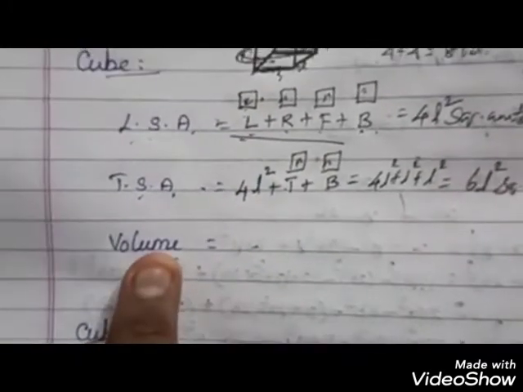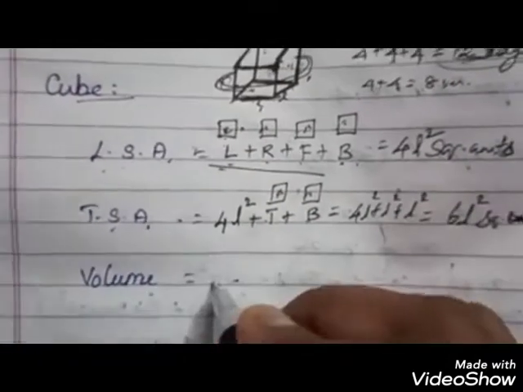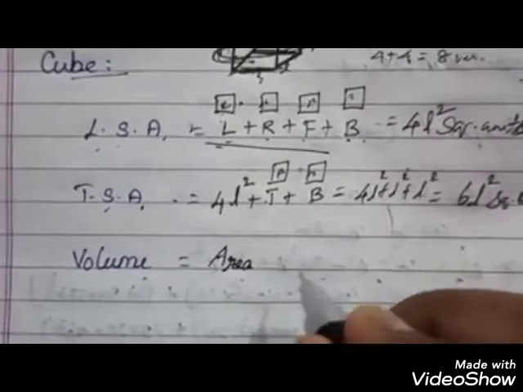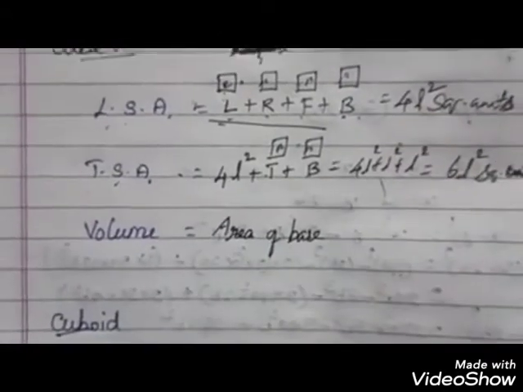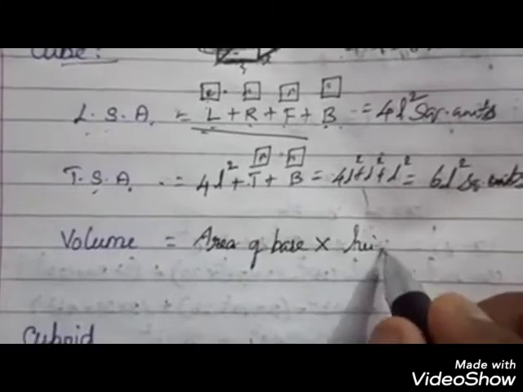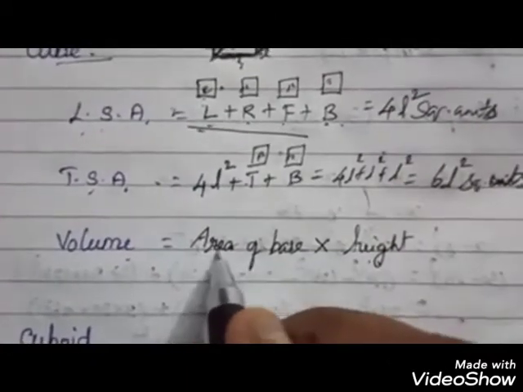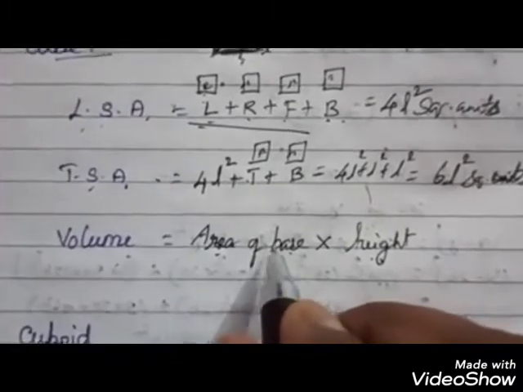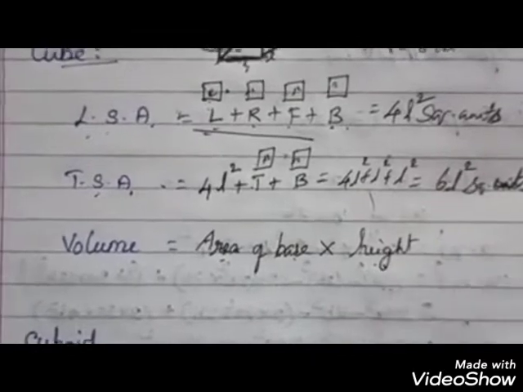The same way, volume. Volume is a simple concept for all shapes. Area of base first you need to take. Area of a base, it can be multiplied with height. This height is a constant, because the area of a base can differ through the edges, but always we take a height h.